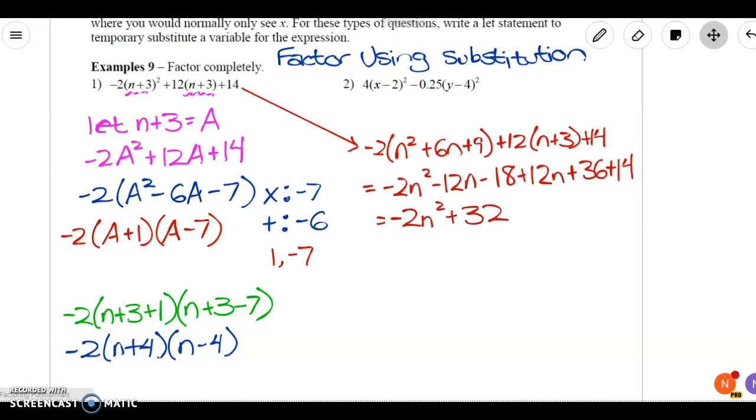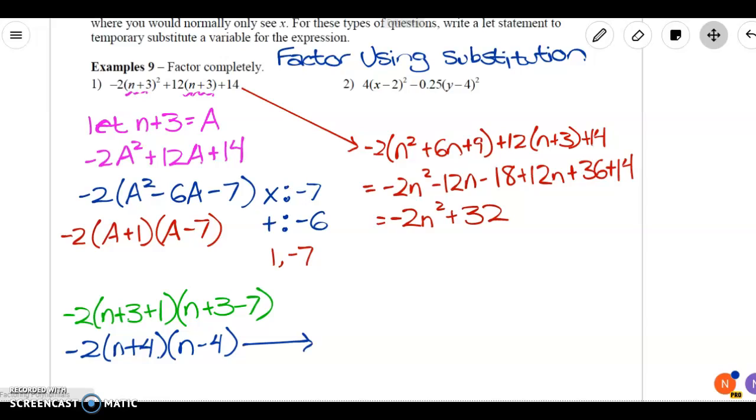Now, performing a little time distortion to check this, because it's not as obvious, let's expand the original polynomial. You can see my work to the right. It's a few steps to multiply it out, but it does eventually reduce to negative 2n squared plus 32. So if I take my factored form, negative 2 times n plus 4 times n minus 4, and multiply